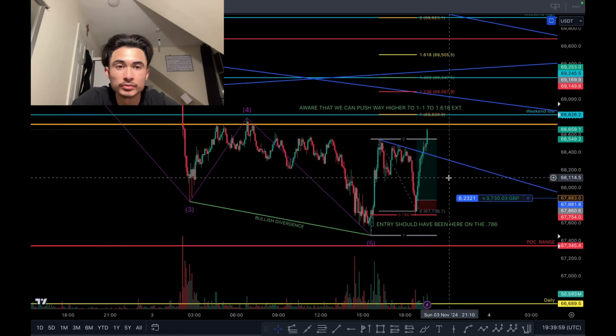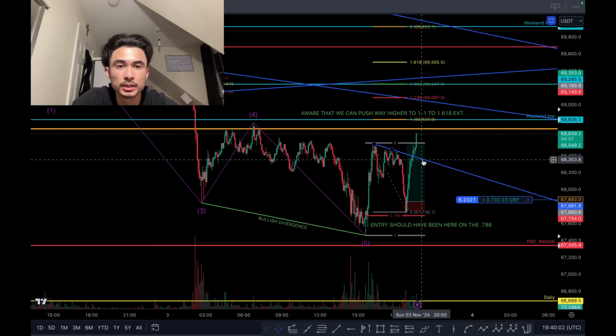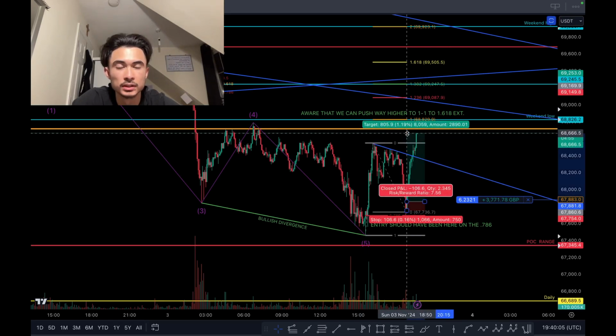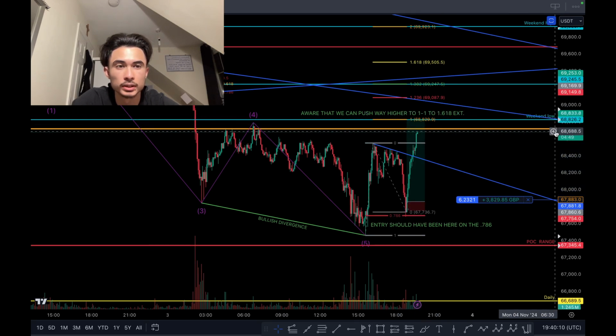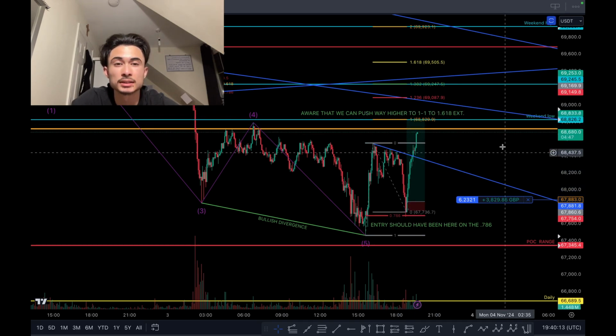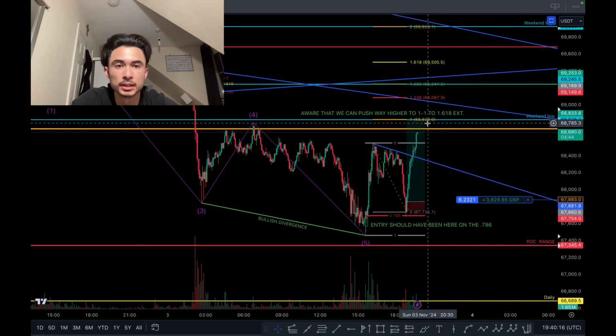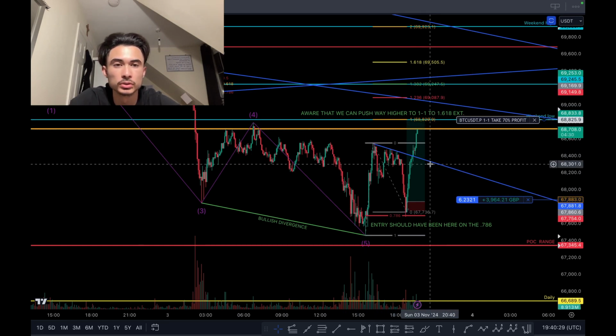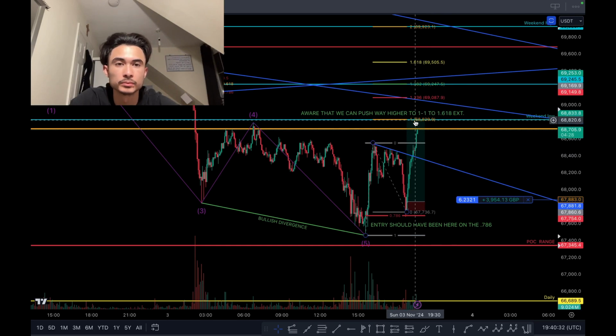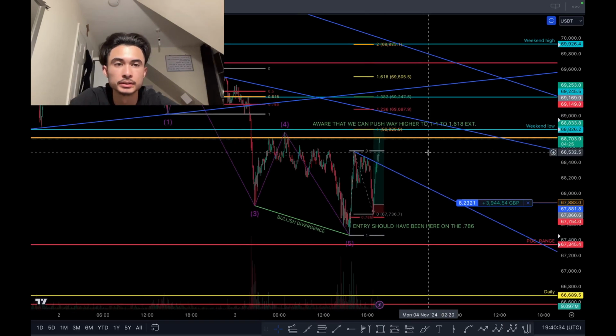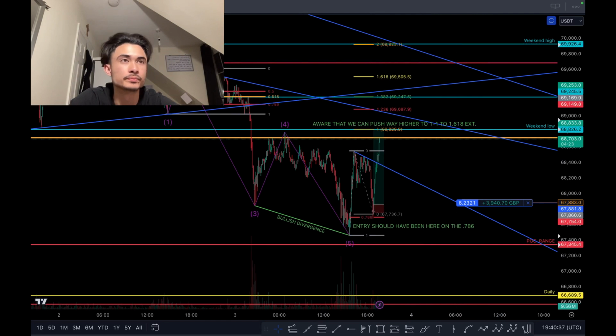But as of now, we're currently above TP1, which was there. Currently up 1 to 7. Next target is this 1 to 1 level, as well as the weekend low. So we'll see what happens when price gets there, see if it starts rejecting. I'll probably take some profits there. I'm going to take 70% profit there and move stop loss higher. But we should start finding some resistance there. If not, then we'll see.